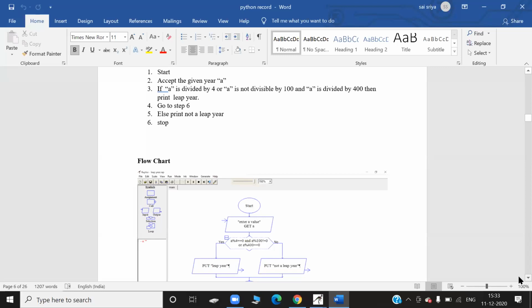Sir, Shreya, I have a doubt. That is A mod 4, right? That is not A divided by 4. Yes, it should be A mod 4. It is not divided. Yes, that's correct. MOD should be written. Yes, sir, I'll change. Divided in the sense you need to write slash symbol for that.